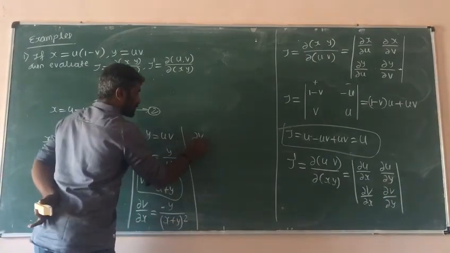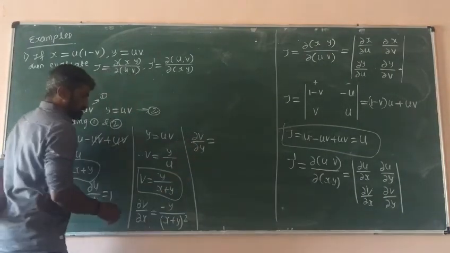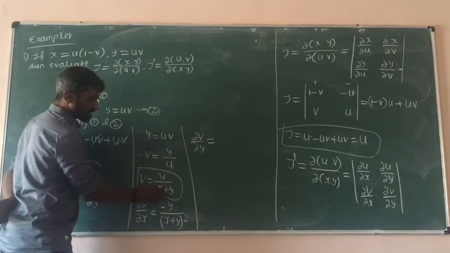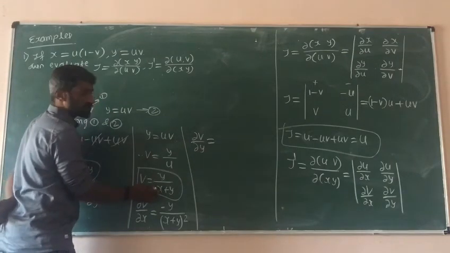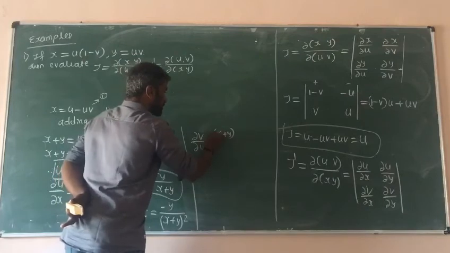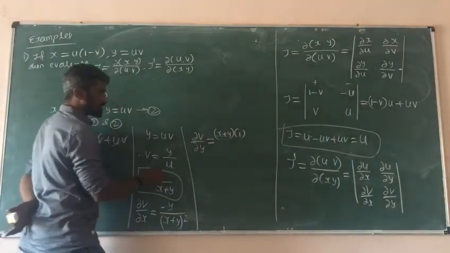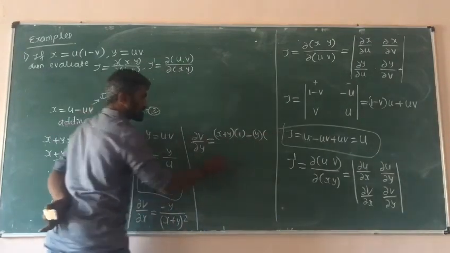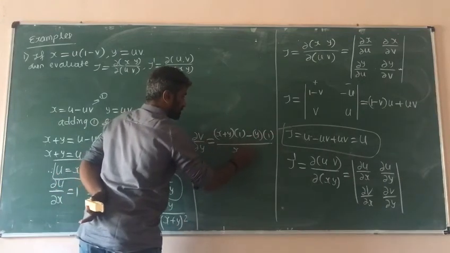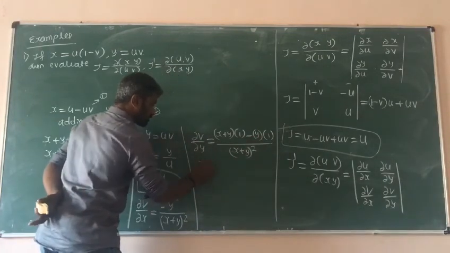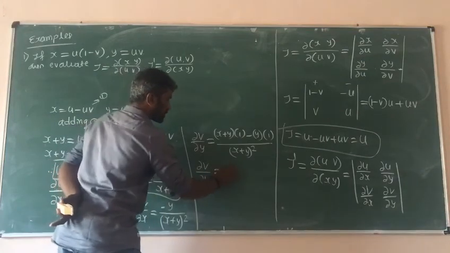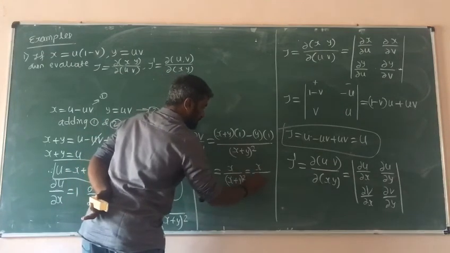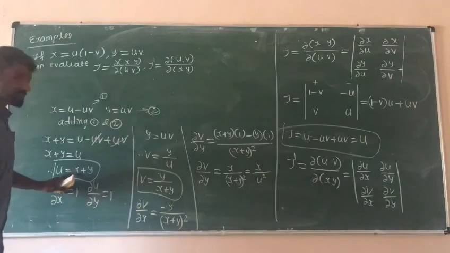Next, similarly ∂v/∂y. Put it in u by v form: y is in the numerator and y is also in the denominator, so with respect to y we use the u by v form. Keep v as it is, differentiation of v is 1, u minus y as it is, and differentiation of x plus y is 1, divided by v square, it is whole square. So ∂v/∂y is equal to x divided by (x plus y) whole square, so it is x divided by u square, because x plus y is u.